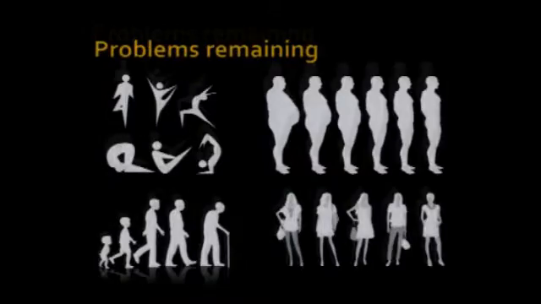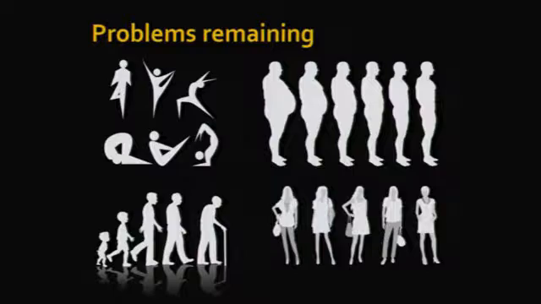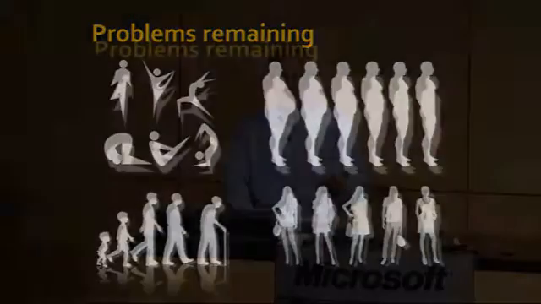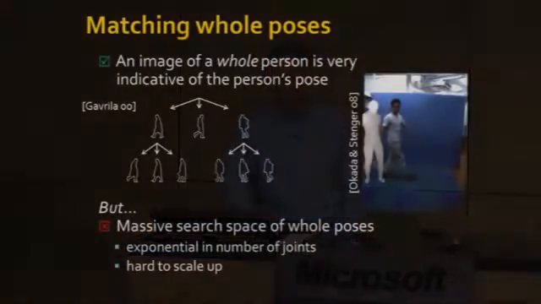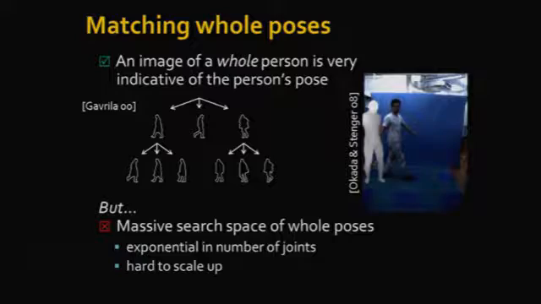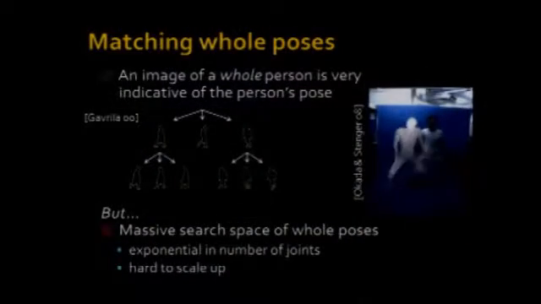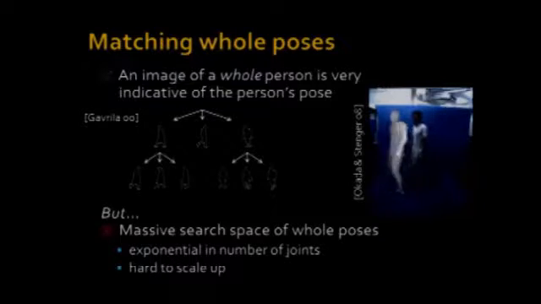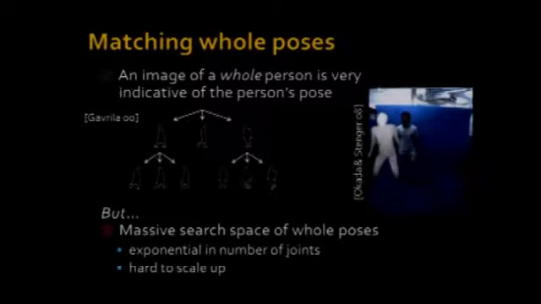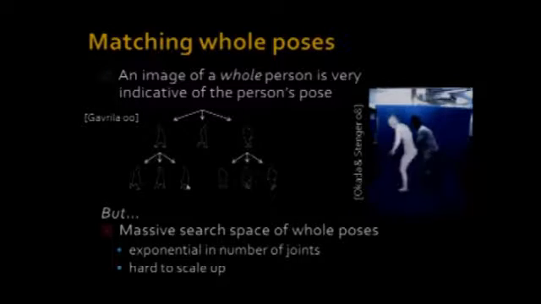So you still have these problems about pose variability, shape variability, and some appearance change due to clothing as well. So one approach is to match the whole person. Here, on the right, you're seeing some work where if you can get the silhouette of the person, and that's why the person's standing in front of a blue screen, because then you can just find the non-blue pixels and get a silhouette, then you can match to a big database of silhouettes, and the database is annotated with poses. But you need a huge, huge database to do this, because if you think about the exponential complexity,